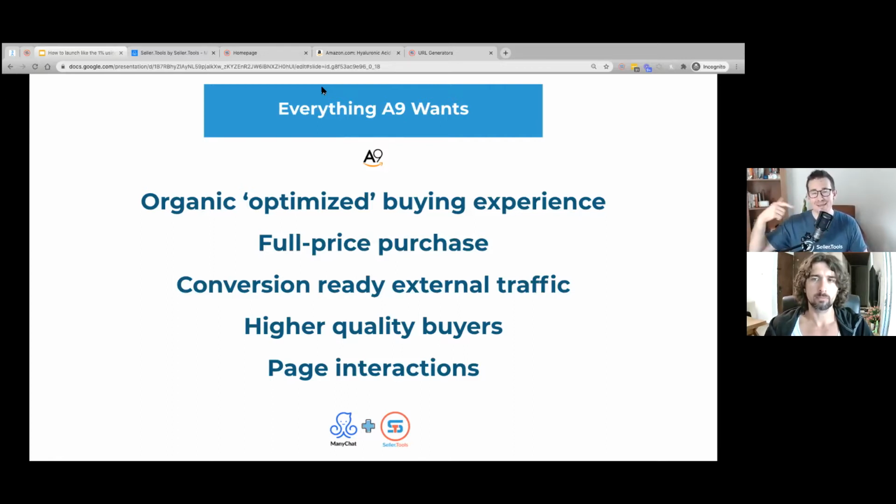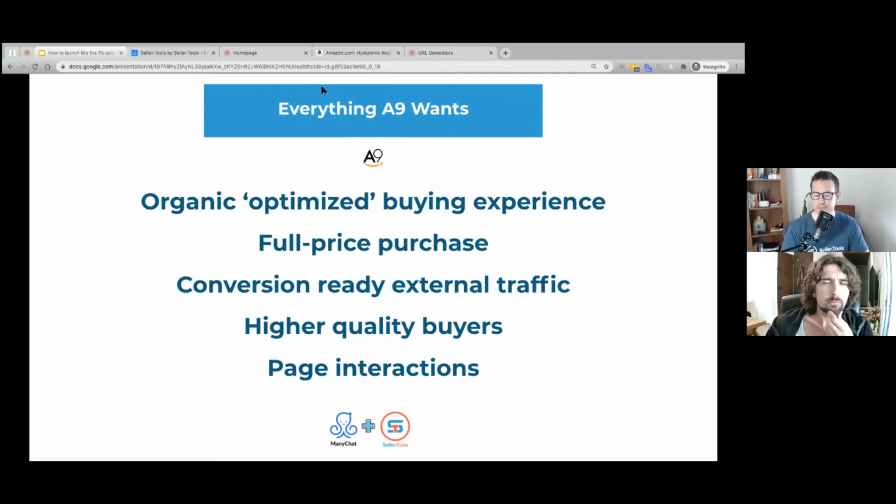So that buying intent will serve to rank your product higher for that given keyword. Very intuitive, right? Full price purchase, very important to also see that from an Amazon perspective. Again, the buyer intent perspective. If I'm willing to pay full price, I may be more apt to come back and buy that product again. It just really reinforces my intent and not the need to have a discount or promotion or incentive necessarily to